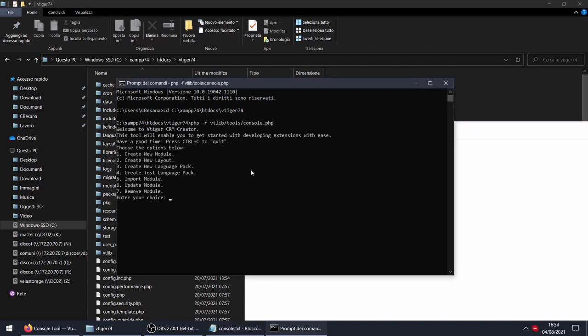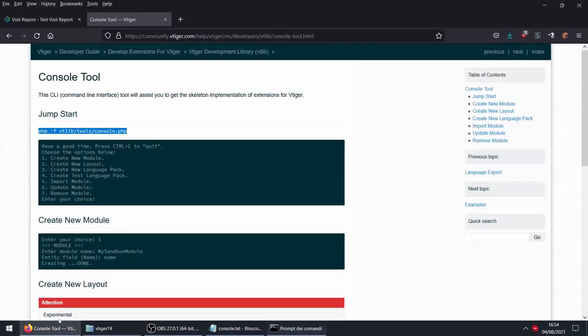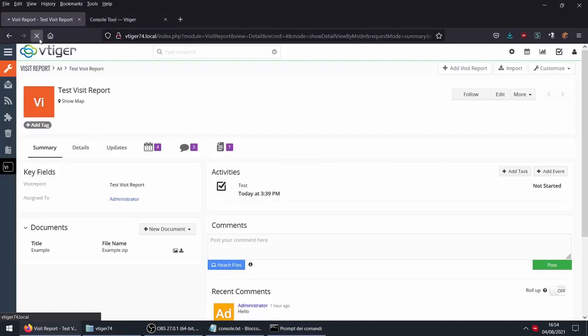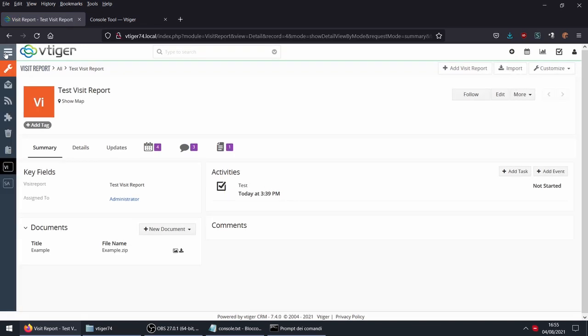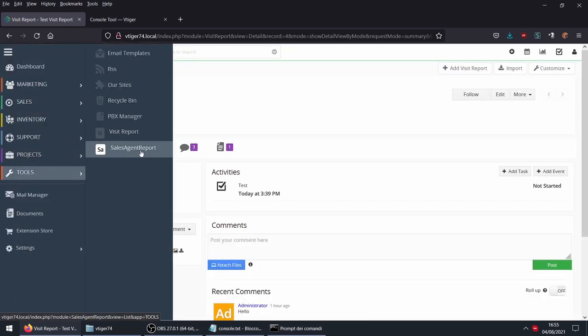Running the console command, it asks you what you want to do. So I select option number 1, which is creating a new module. For the module name, I want to call it sales agent report, and the field name is report name. Now it says done. So if you refresh your Vtiger instance, you can see under tools the new module